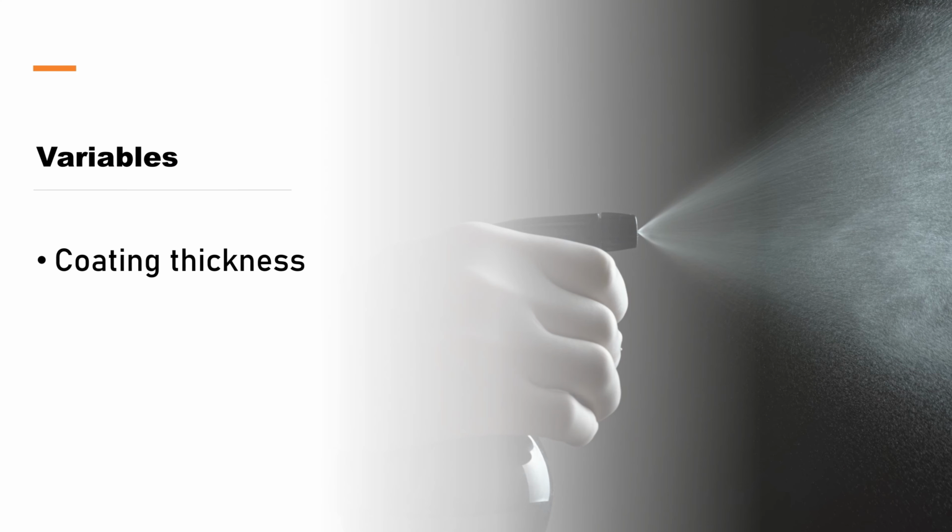Imagine you're an engineer at a major automobile company and your task is to cut down the costs that are associated with the coatings process of a car. You come up with 3 variables that could be changed: the coating thickness, the temperature of the ovens, and the process time. You want to reduce the coating thickness, that saves money. You want to reduce the temperature and you want to reduce the process time, because all this will save you